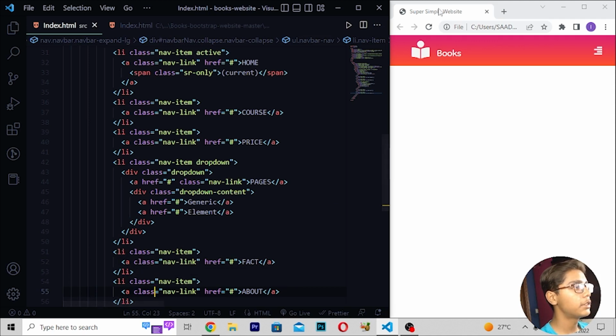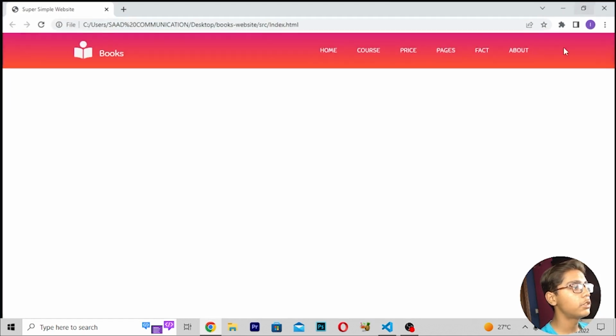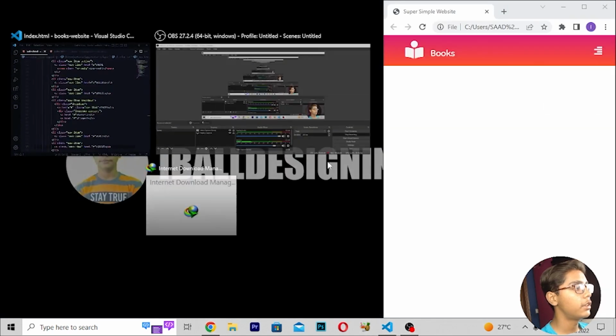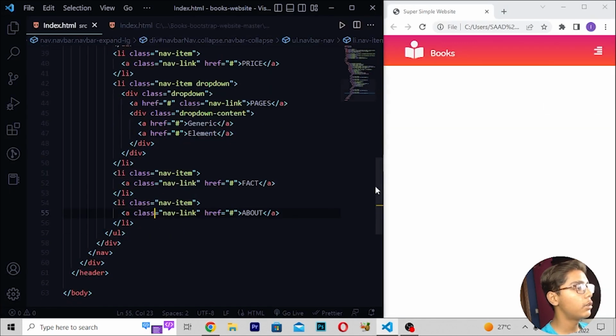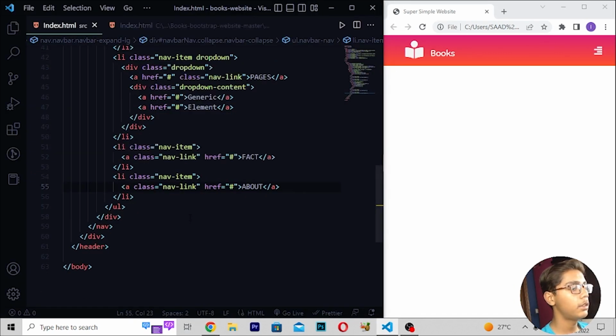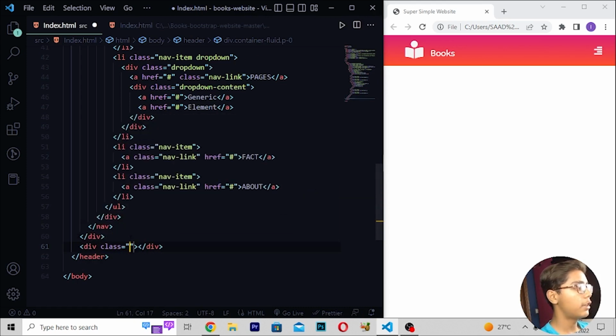Then you have to save this and then reload. So here if I just show you, you can see we are getting all this stuff here, and then we are getting here generic like this. Now when you are getting all this, here I will be doing it again like this. Now here you have to just move under the div which we have created, then right here div class, and right here container text-center.